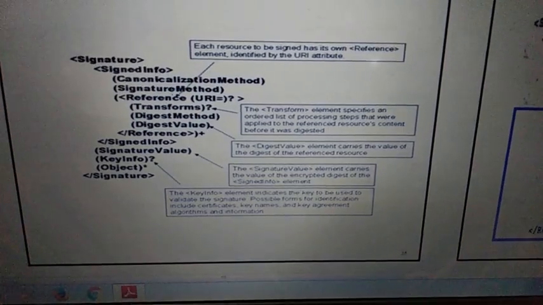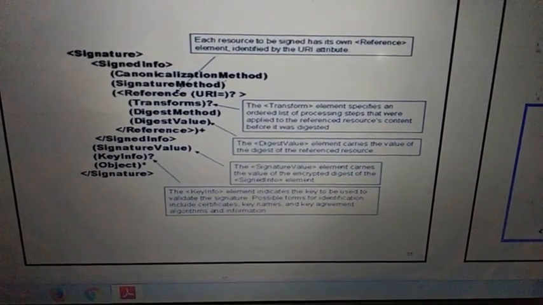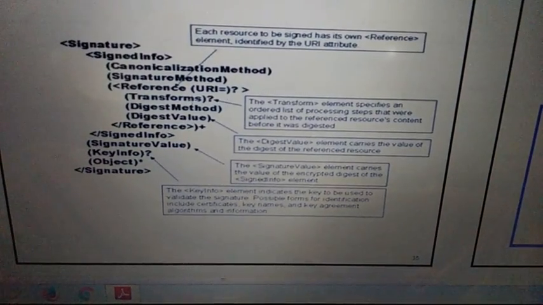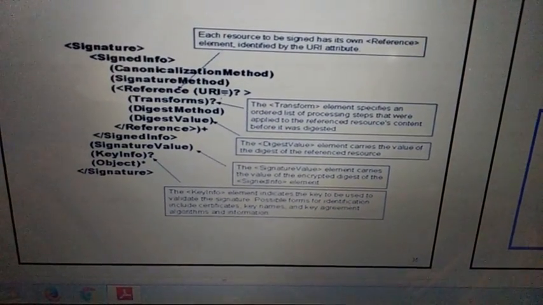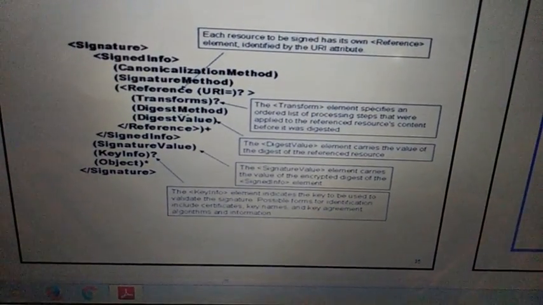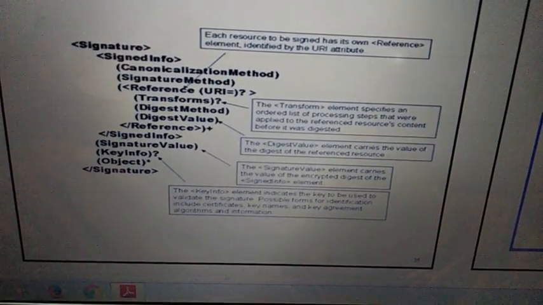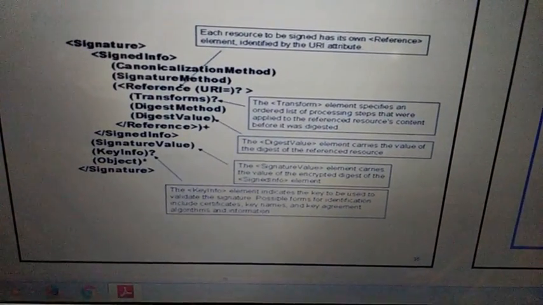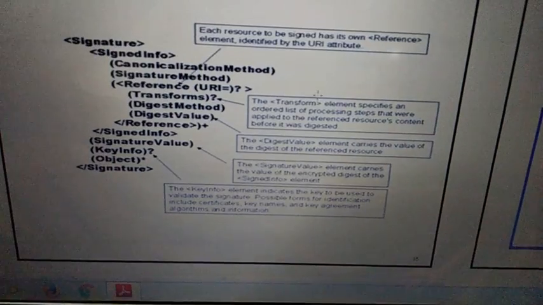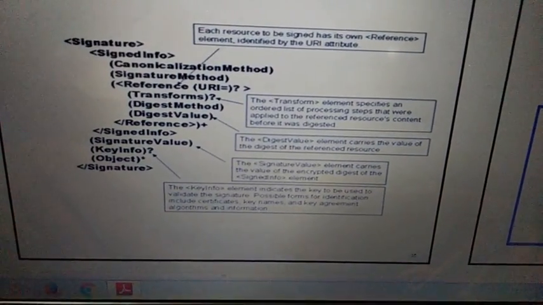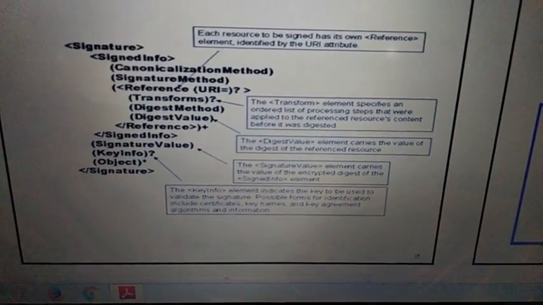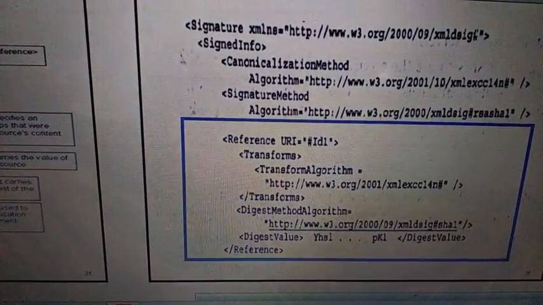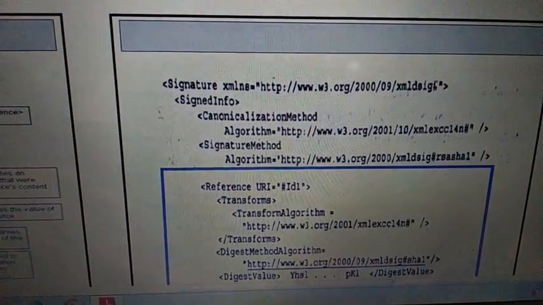See here, signature is a beginning tag followed by signature info, right, followed by canonicalization method with signature method. What is a reference? Transforms, digest method, digest value, close this reference, right, followed by signature value, key info as well as object, right? So you can specify values. This is a general method where you can specify the values for this XML digital signature.